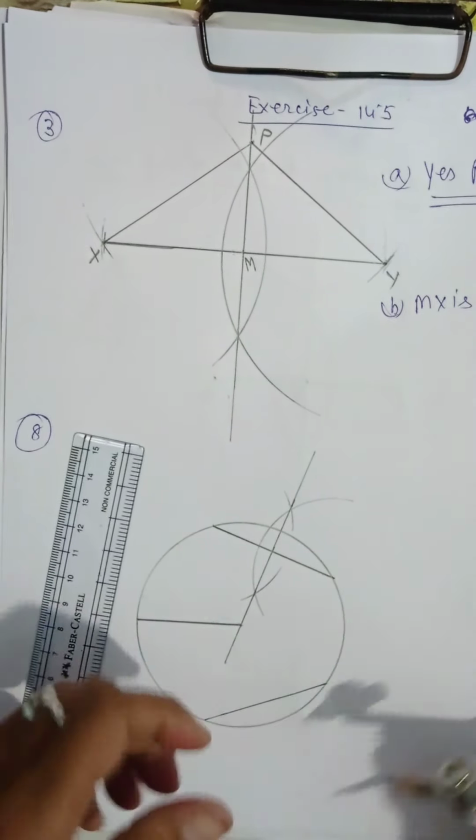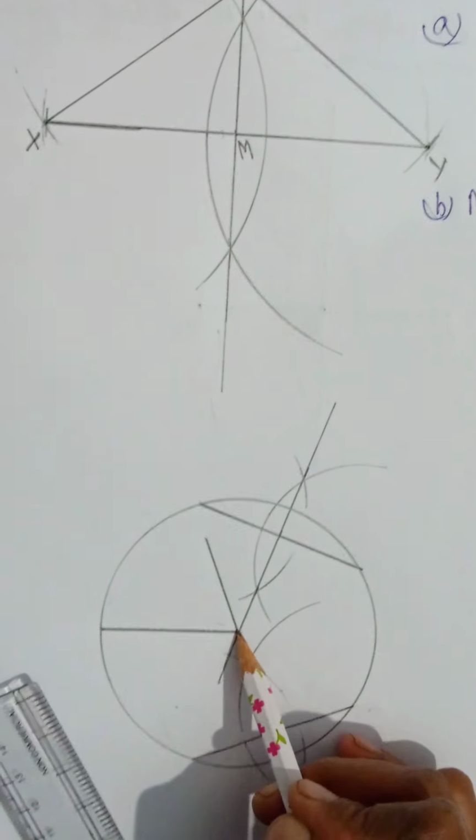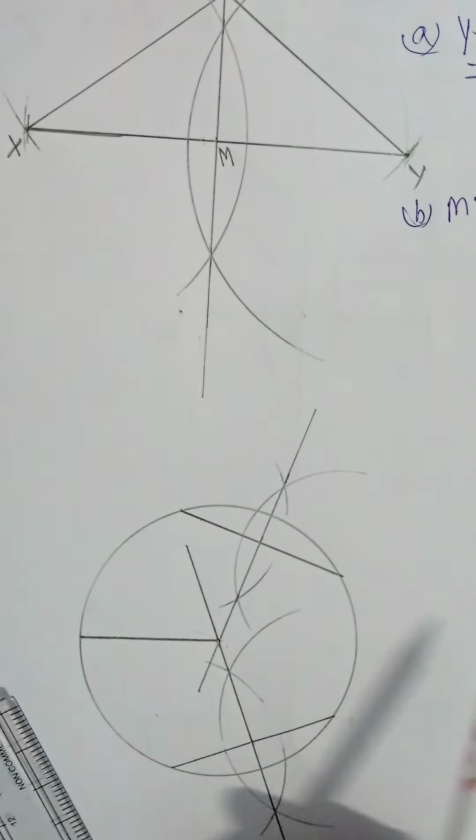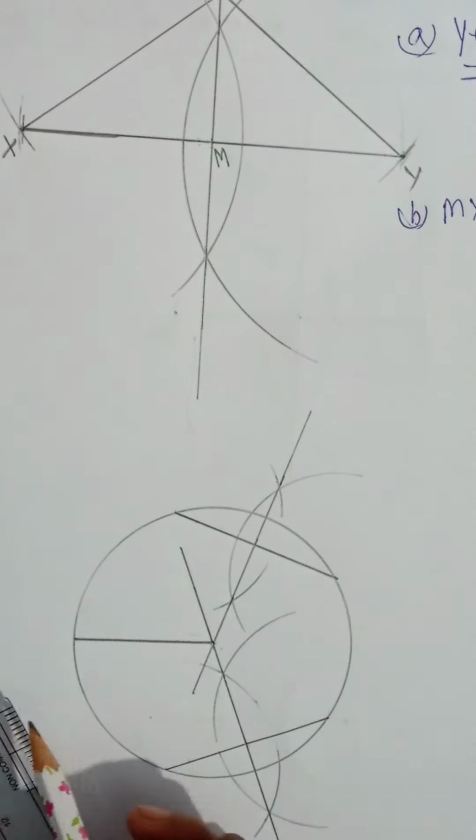Have you noticed where they are passing through, or where these two bisectors meet? Have you noticed? Tell me where it is. They meet at the center. So however many chords you draw, if it is the diameter also, then also you will get the same. All the chords, if you are bisecting them, will pass through the center. This is the universal truth. Here you have asked in this question also, where do they meet? So for question number 8, we can write: they meet at the center of the circle.